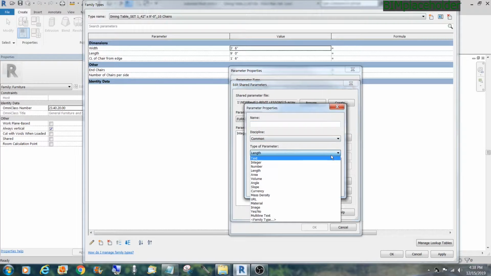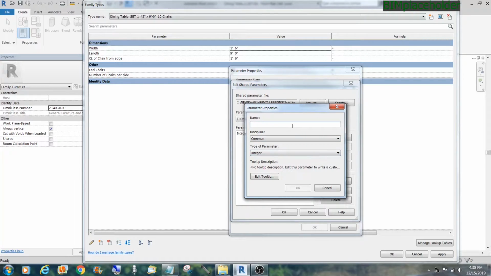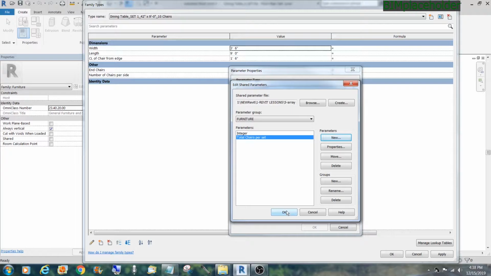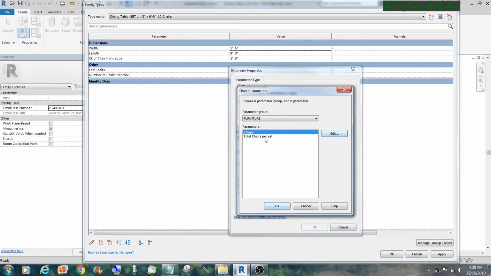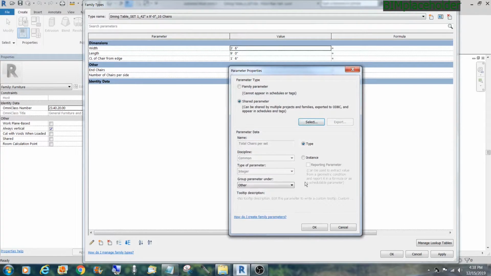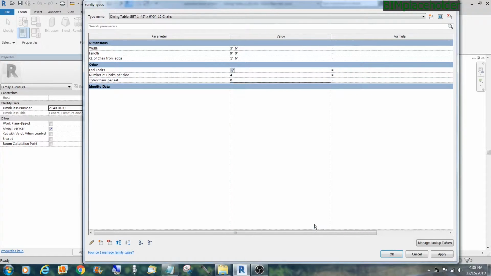Say it has to be integer, by the way. Number of chairs, total chairs per set. How's that? Total chairs per set. Okay. And click OK. And now the total chairs per set will be the number of chairs per side times 2,